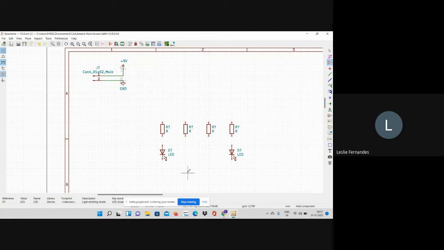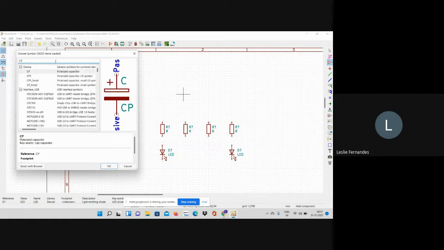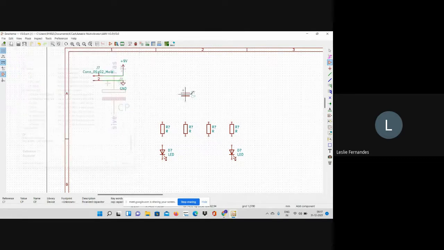Next, I need 2 capacitors. So I will go to place symbol again. Click over here. And I will take a capacitor. I'll call it CP. CP means polarized capacitor. I'll click on CP, click OK, and I will place this capacitor. I'll press R to rotate.